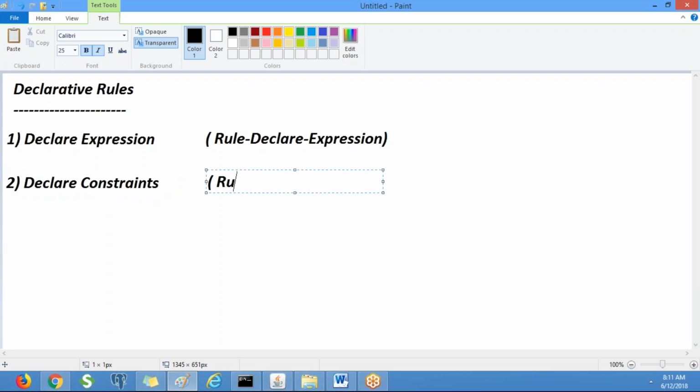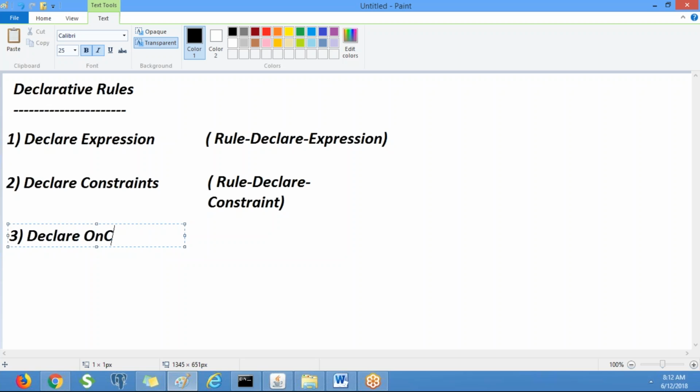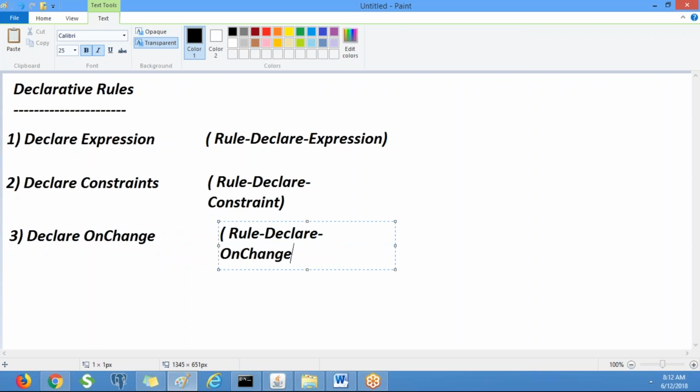This is an instance of the class Rule-Declare-Constraint. Declare on change is an instance of the class Rule-Declare-OnChange. Declare trigger is an instance of the class Rule-Declare-Trigger.